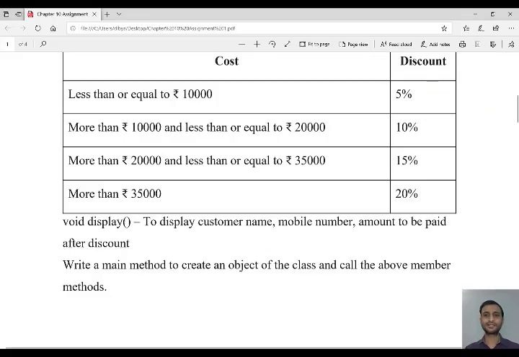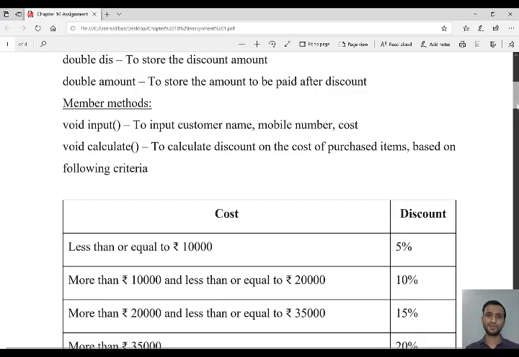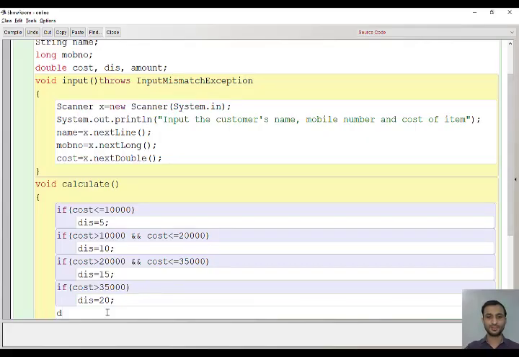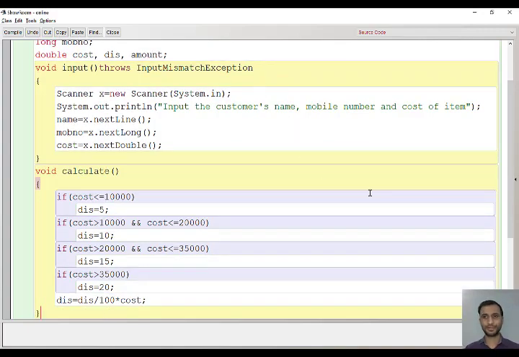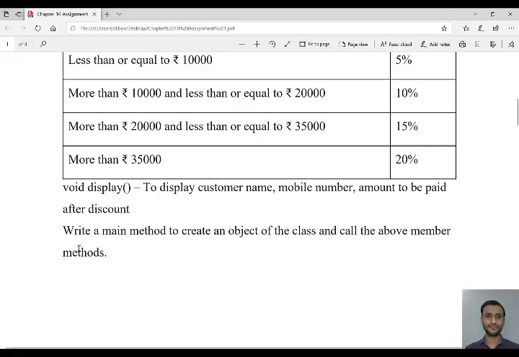We need discount in amount, right? We need discount in amount. This is discount amount. So now we will convert it to discount in amount, that is, discount equal to discount divided by 100, percentage by 100 into the cost. This is the discount. This is pure mathematics. So you calculated the discount amount and stored it.